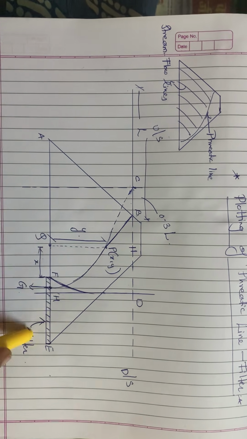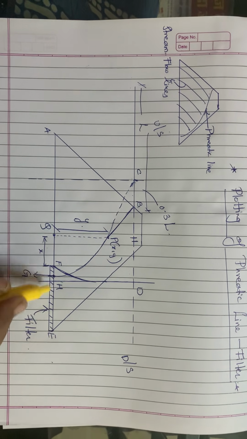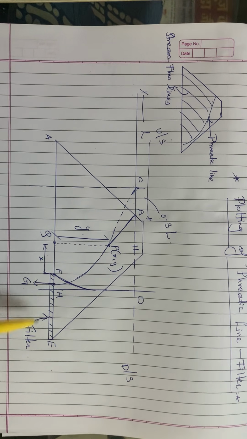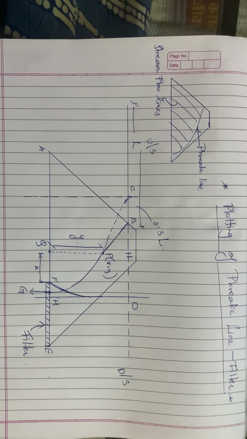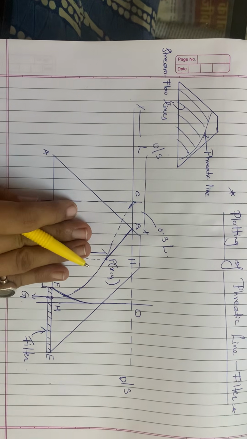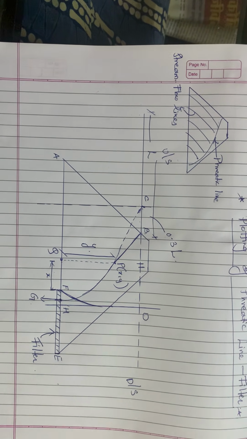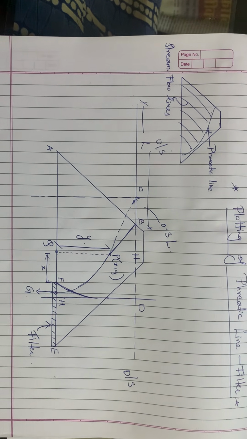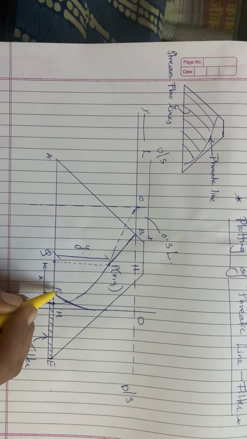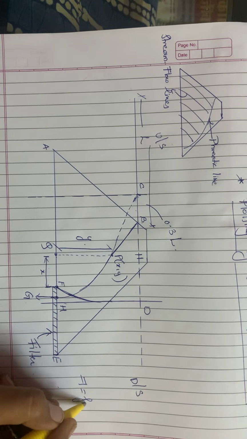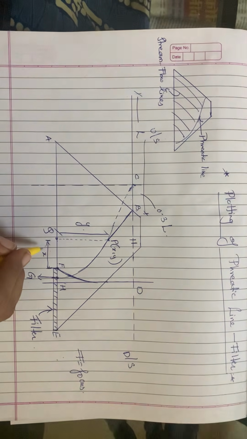Here you can see a dam in trapezoidal shape, and at the downstream face a filter is there, that is FE. F is nothing but your horizontal filter. This method was suggested by Casagrande, and he assumed that this phreatic line is a base parabola, a parabola with focus at point F. F is the starting point of your filter.